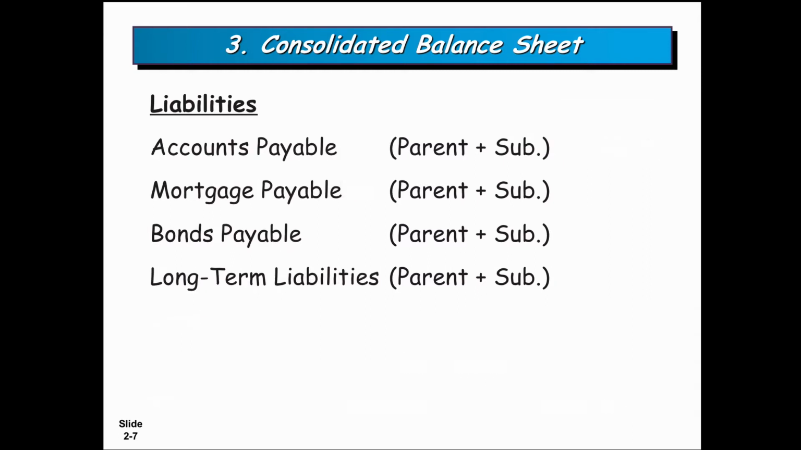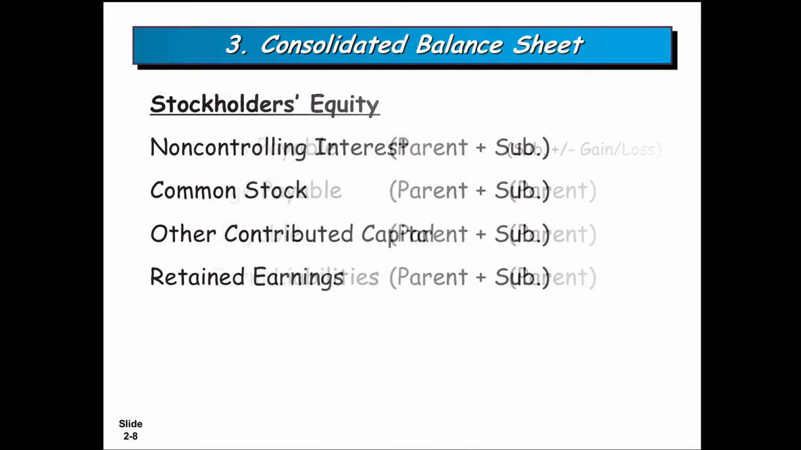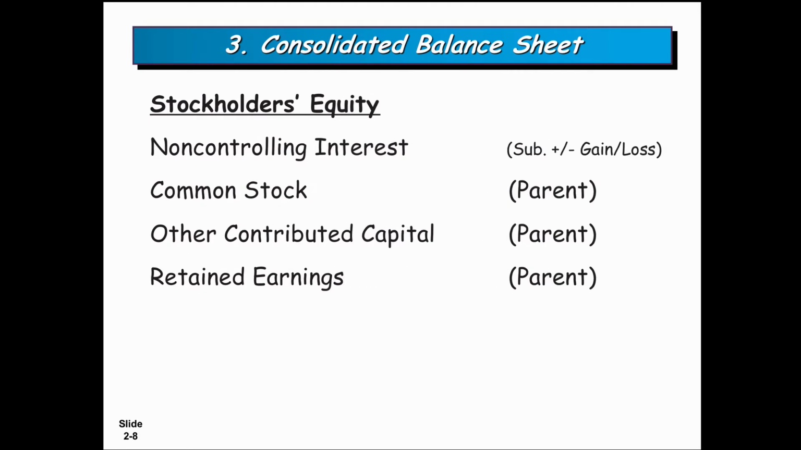For the liabilities, more or less we do the same as the assets, where we add all the amounts in the parent company balance sheet with all the amounts in the subsidiary balance sheet. So whether accounts payable, mortgage payable, bonds payable, any long-term liabilities, we add the 2 amounts. But when we come to the equity section, here is the difference. If the company doesn't buy 100% of the subsidiary, but they bought more than 50%,